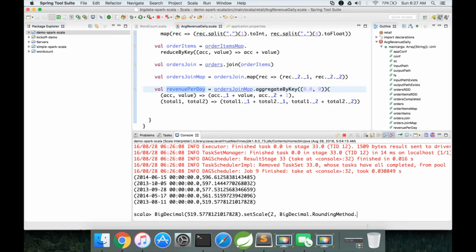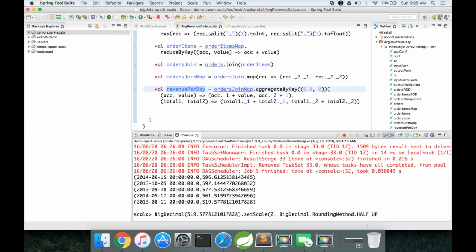which has constants. There are multiple constants. In this case, if you want to round it in the traditional way, wherein if it is 0.56, it will be considered 0.6, and if it is 0.54, it will be considered 0.5.